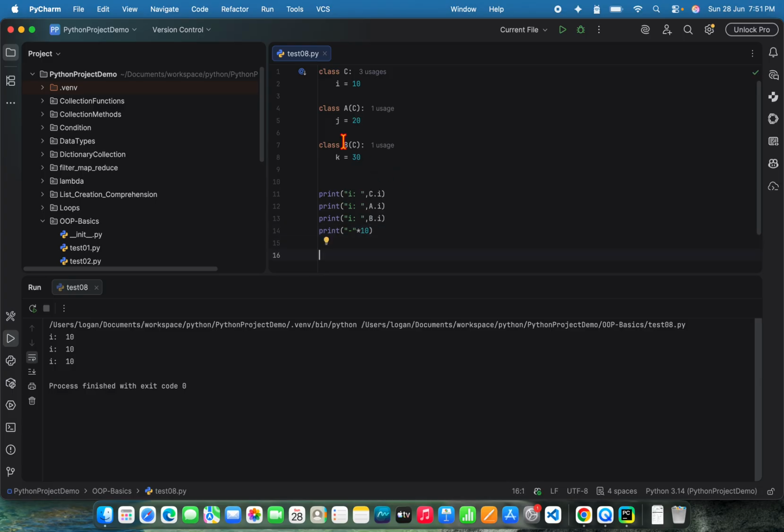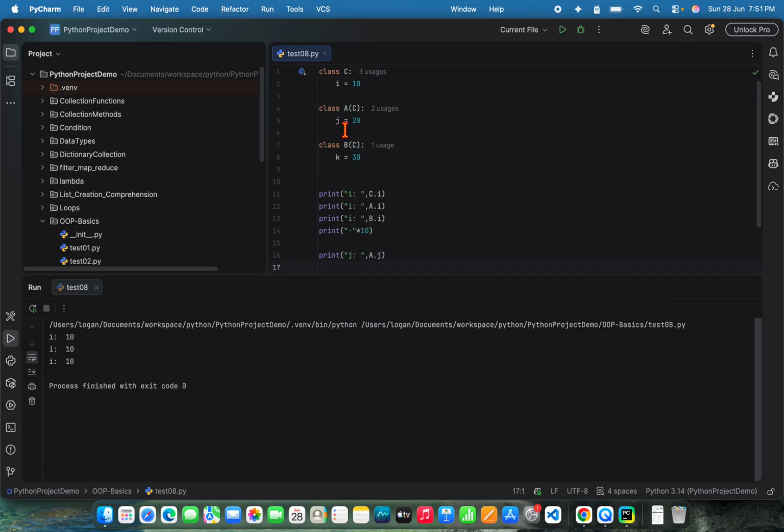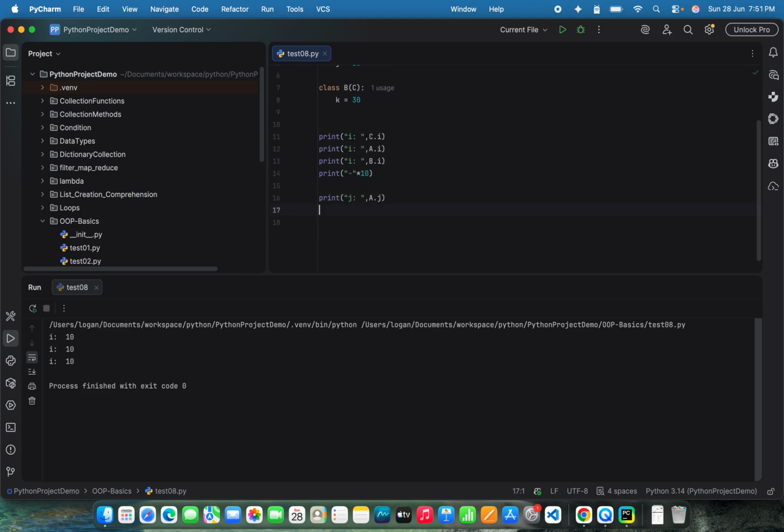Next, if I want to access J, what are the ways I can access J? Print J. J is in class A, so I can do A dot J. But is A being inherited by any other classes? I don't see it, right? A is not inherited by any other class, so I cannot access J by another class name. I can give it a try just to prove my point. Print J,